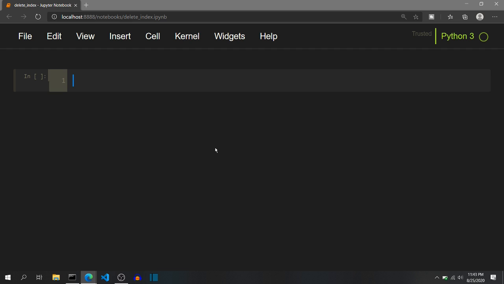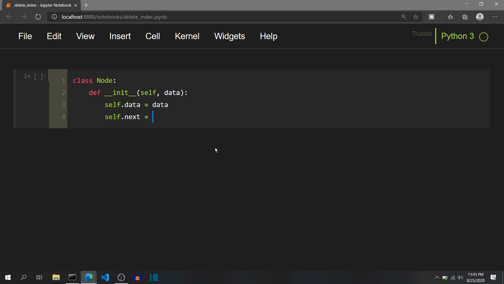Before constructing the linked list class, we will first create the node class. I will define a class, I will name it node, and inside this I will define the constructor by defining the double underscore init function. Apart from the self parameter, this constructor will have a data parameter, so that we can set self.data is data. This data will be the data of the node of the linked list. And as the linked list will be a single linked list, each node will have a next pointer. So we will have self.next is None initially. As we construct the linked list, this self.next will point to some other nodes in the linked list.